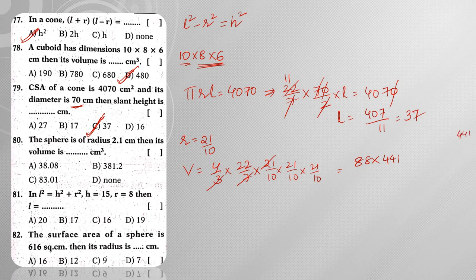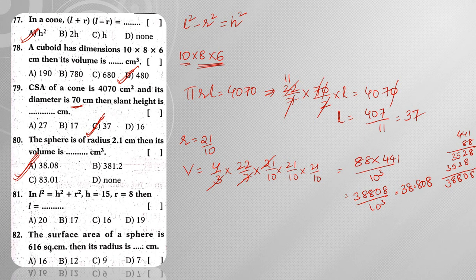So multiplication, 441 into 88. So 8 ones are 8. 8 fours are 32. So 3 is carried. 32 plus 3 is 35. Next 8 ones are 8. So same thing, 5 3. Now 8 plus 2, 10. So 5 plus 2, 7, plus 1, 8. Next 5 plus 3, 8. So 38808 by 10 cube gives me 38.808. So 38.808 will be my answer here.